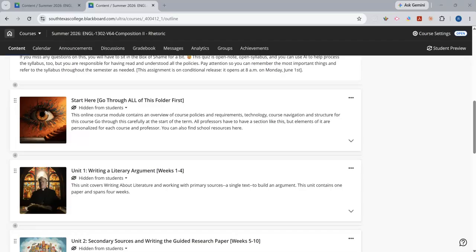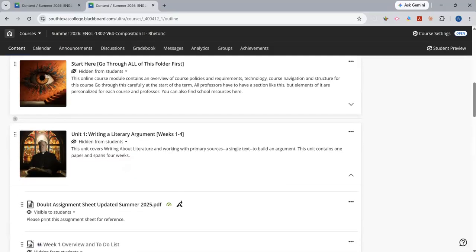Another thing that's good to know when it comes to this class is the fact that you don't have to buy a textbook. Everything that you need will be provided to you, whether that be lesson content, handouts, resources, or any assigned readings. And we'll see an example of that in our first unit, which I'm going to go ahead and click into